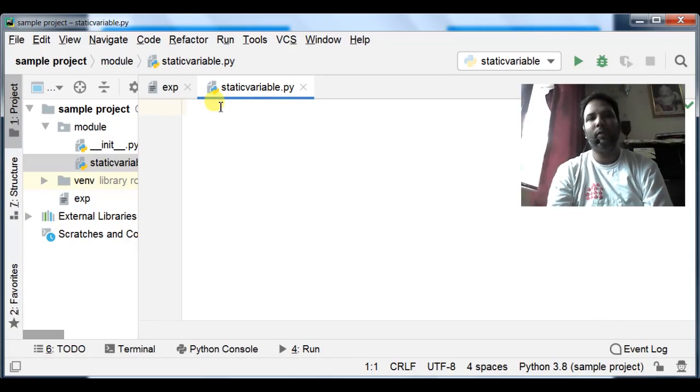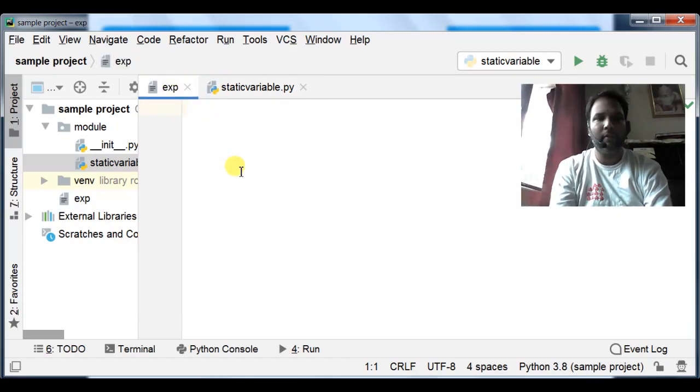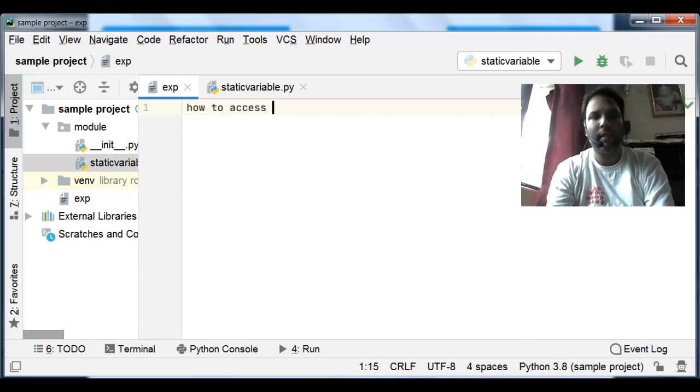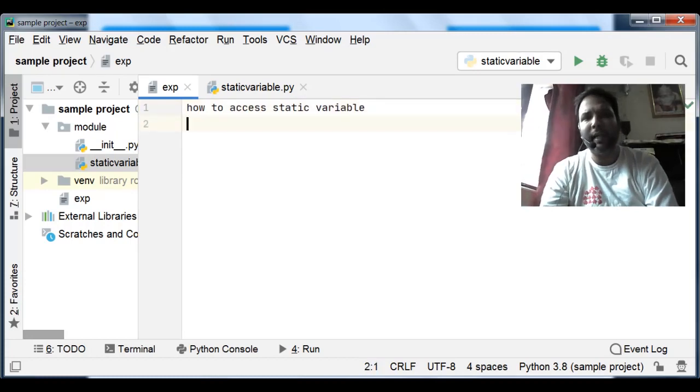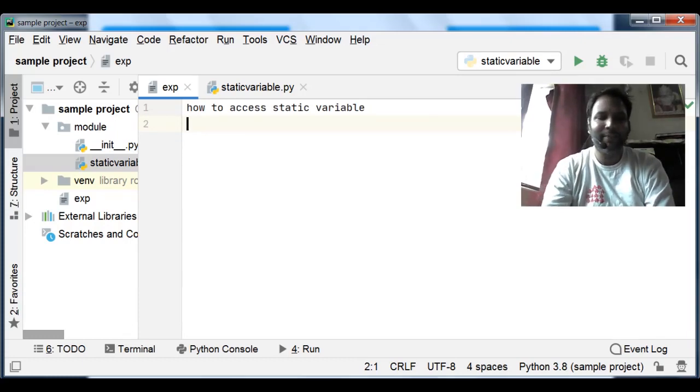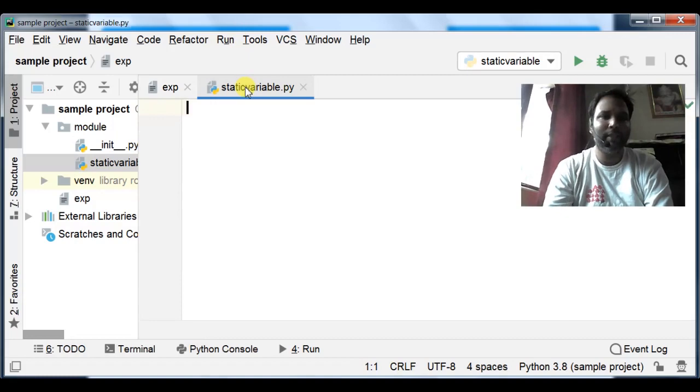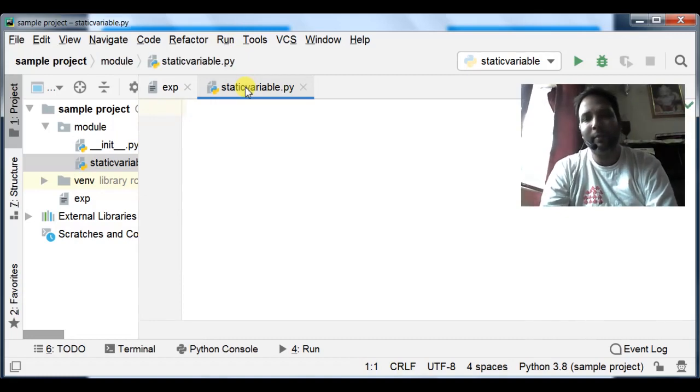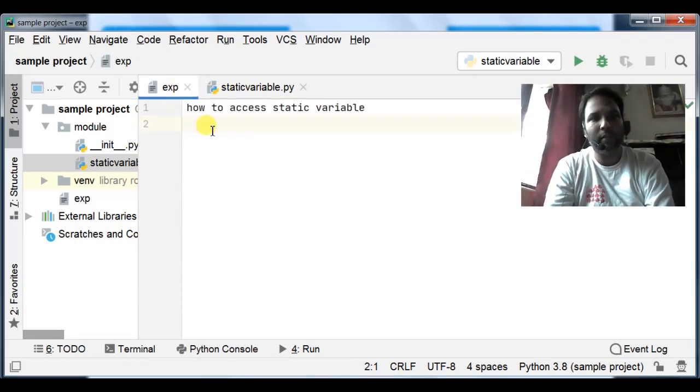Here our subject is how to access a static variable. We can access a static variable from anywhere. Anywhere, in the sense, not while sitting in my house. Anywhere means we can access it